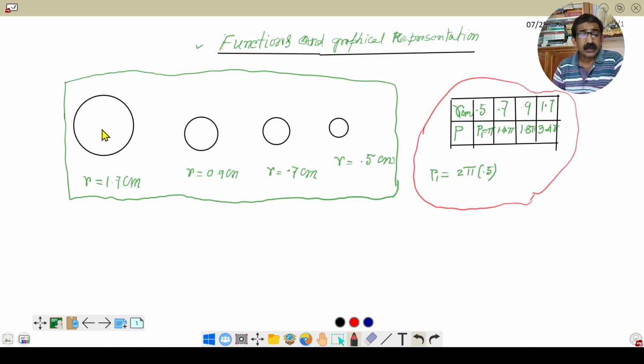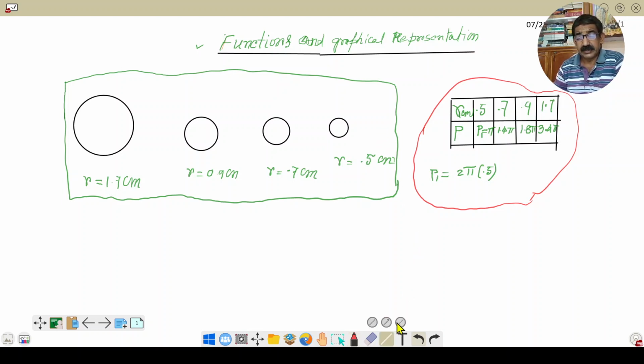This way shows the picture or the figures in a more concrete way. That means you can see the shapes and size of the geometrical figures here and informations associated with each circle. So this set gives an information, and also this set R and P, this chart also gives the same information in a different way. Now, the way of conveying information can be different depending upon the situation.